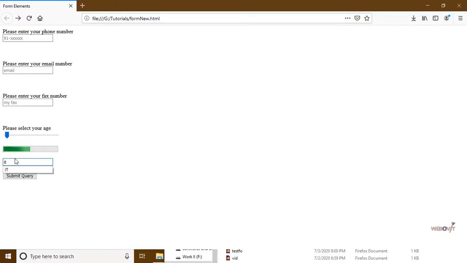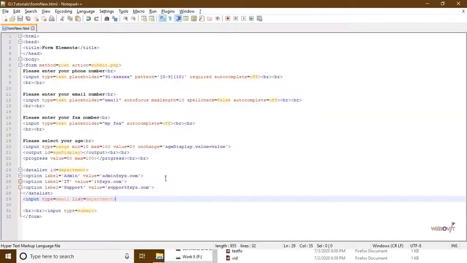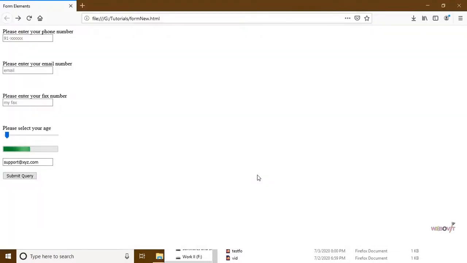If I choose IT, I will click IT and automatically the email ID will come. And similarly for support, if I click on support, automatically the email ID will come. So this is the way we are going to use datalist. We first mention the datalist and then we attach that datalist to our input box. So this is the way datalist is used.